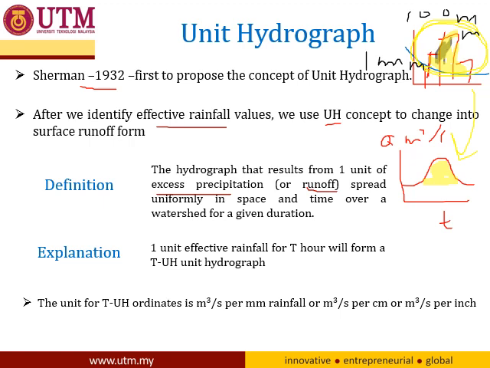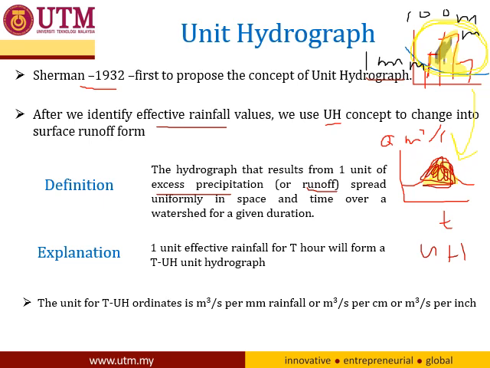So if we have a 1 millimeter effective rainfall for a certain catchment, what is the production of the unit hydrograph? This shaded area is the runoff. So let's say this is the unit hydrograph, and the runoff for this unit hydrograph is a production of a 1 millimeter